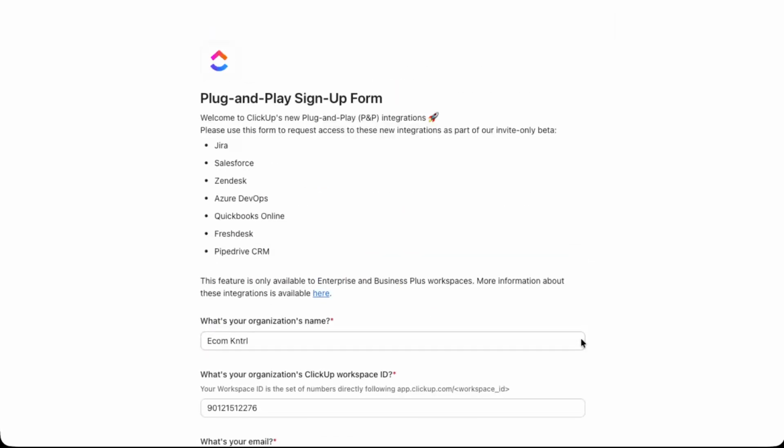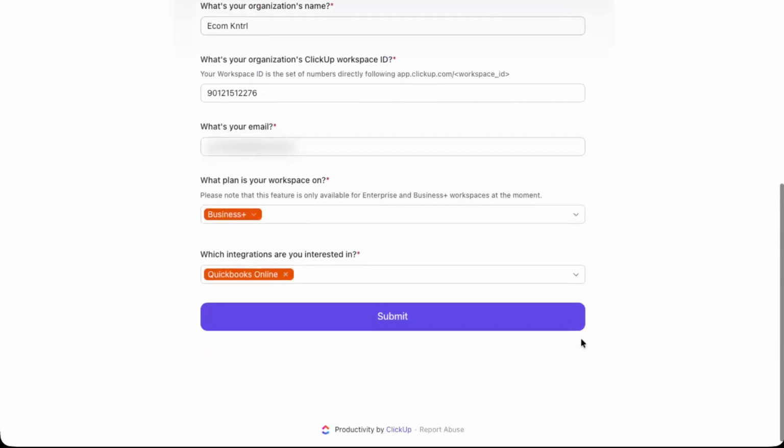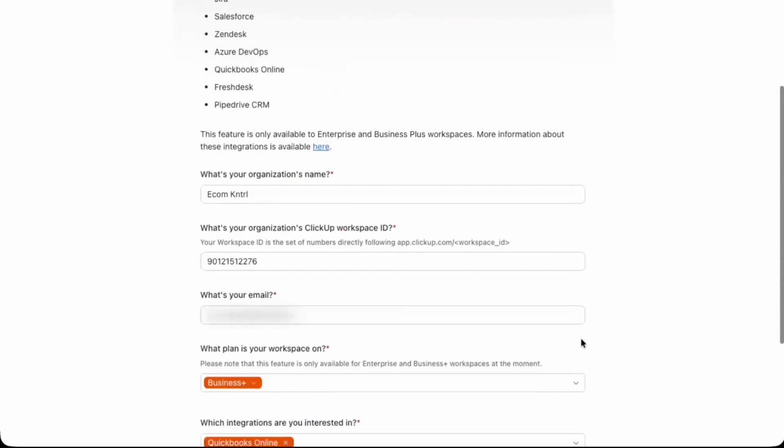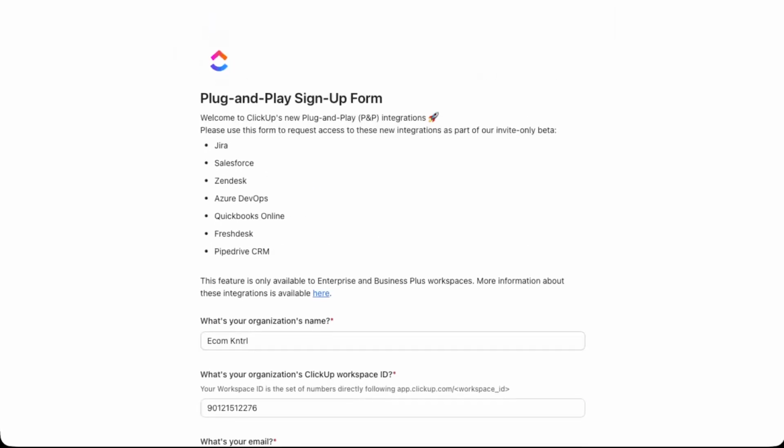That's the full process for initiating the QuickBooks integration from within ClickUp. By following these steps carefully, you'll make it much easier